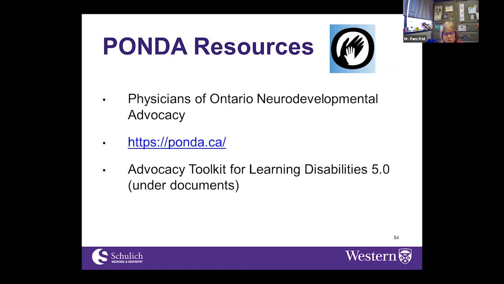It gives lots of really helpful tips on how you can advocate with a school to try and get a child assessed for learning disabilities, and also the kinds of letters that you can write that can help the schools to be able to access resources. It also tells you a lot about the programs that are available, the evidence-based programs that are available for treating learning disabilities. So I would highly recommend that resource.